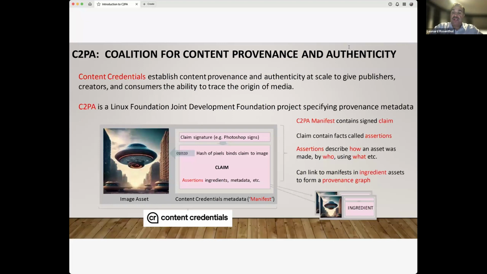And as mentioned, this content credential standard from the C2PA does that. And it does that, as was mentioned before, by basically allowing you to sign an image, an audio file, a video in the same way that you have been signing PDF files for almost 25 years now.